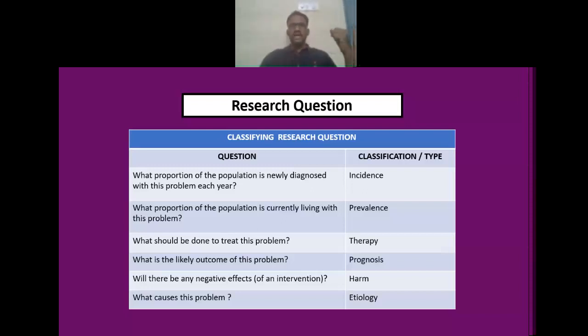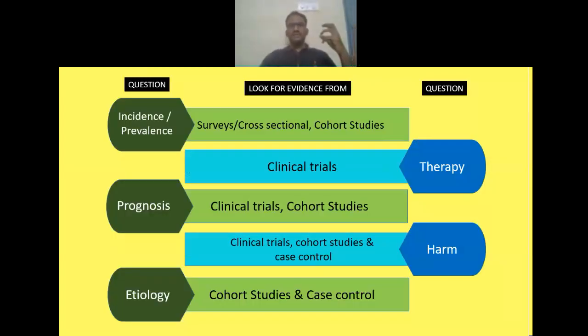Once we have identified the research question, we have to know where to look for the evidence. Whenever we say evidence pyramid, we always say that RCT or systematic reviews of RCTs are the best thing, the first and foremost thing. But we have to know for which research question. It is not that a systematic review of RCTs is the answer for each and everything. So